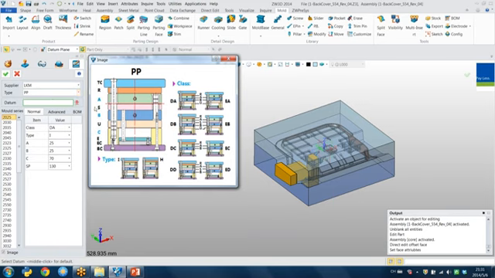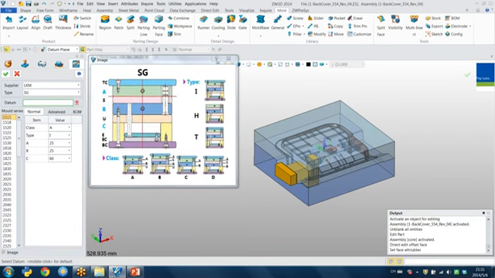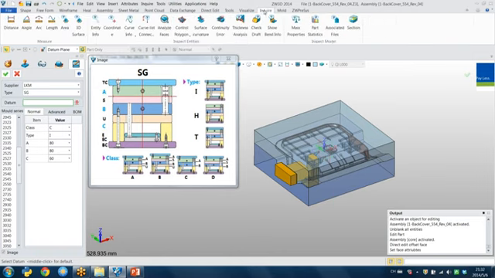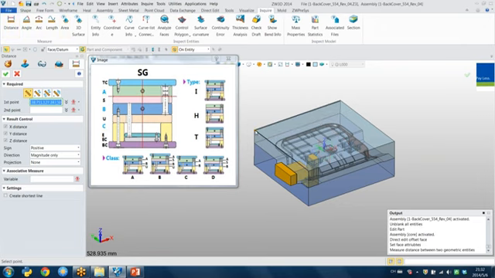Okay, so you can find for this one, I would like to choose SG, and you can find they have different classes. So I can choose class C, and the thickness of this A is 18, and C, it doesn't matter. So I need to choose the size of the mold base. So I need to calculate the length